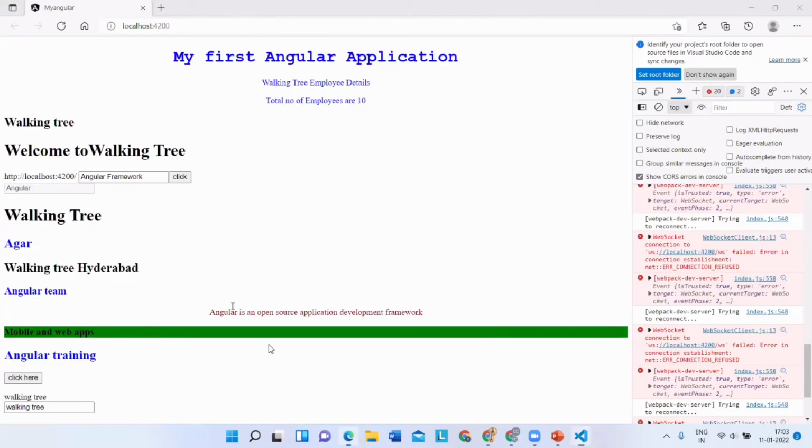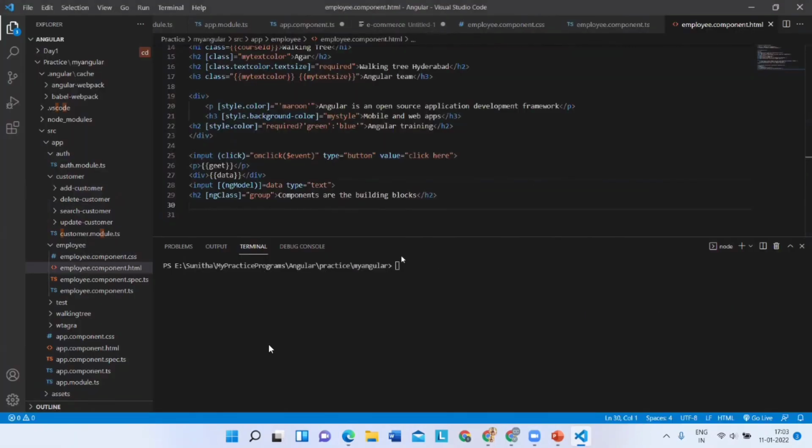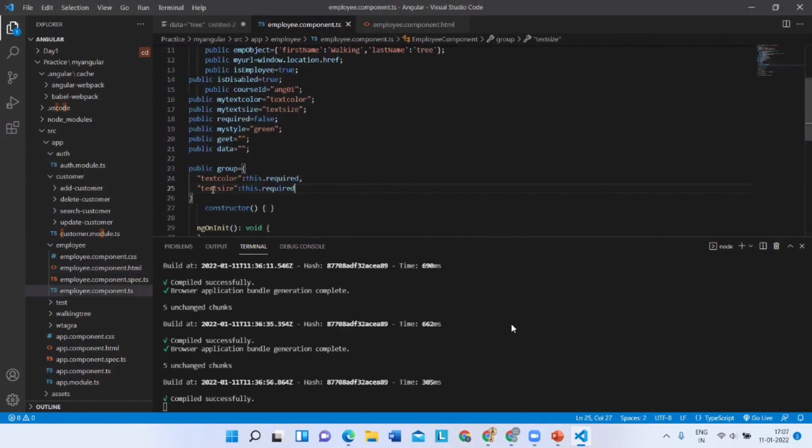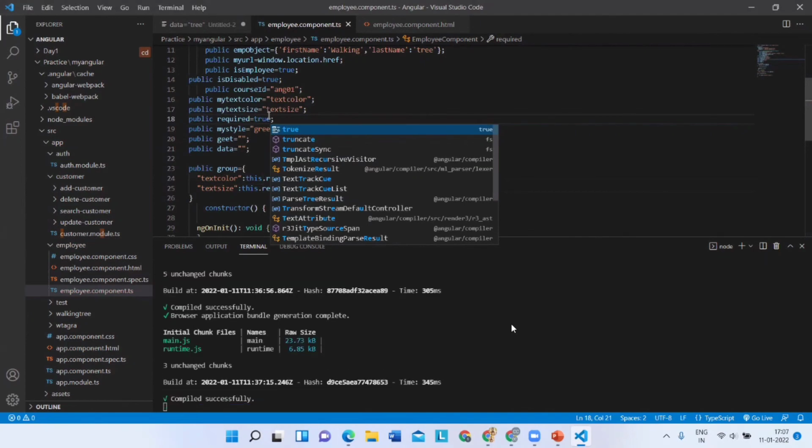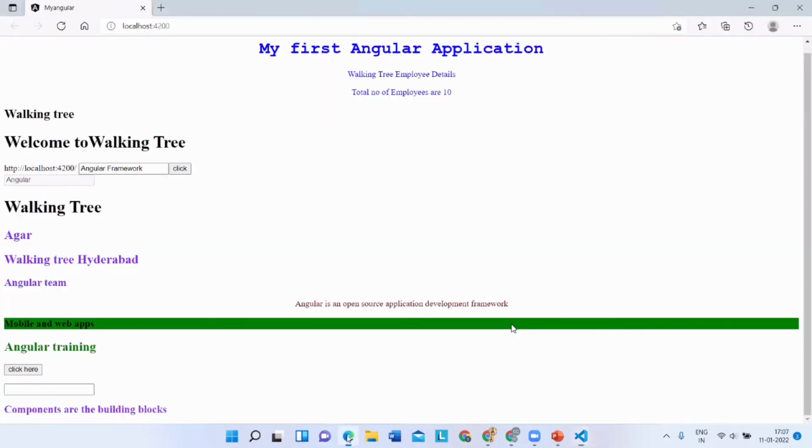So you can see here where I have written this. Components are building block. Yes. It is false. Where is it? True. Yeah. So you can just see that